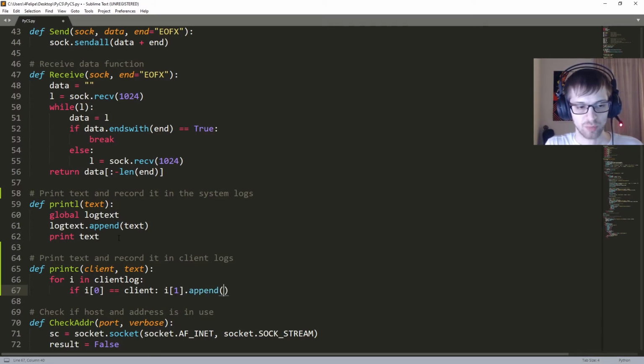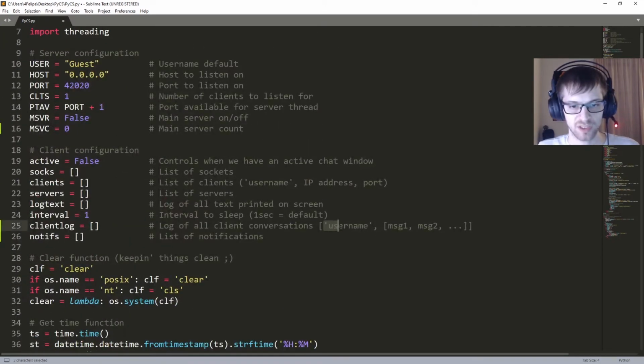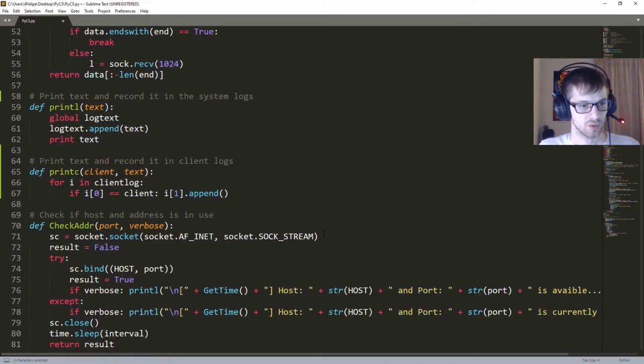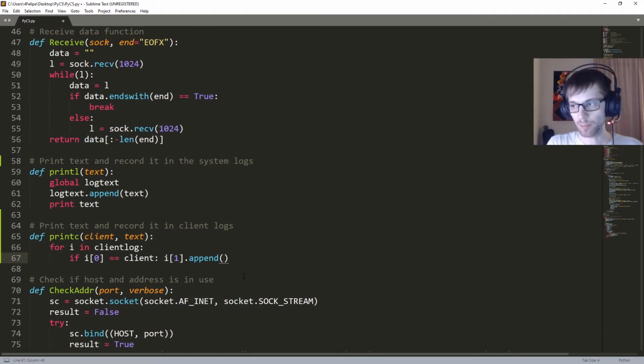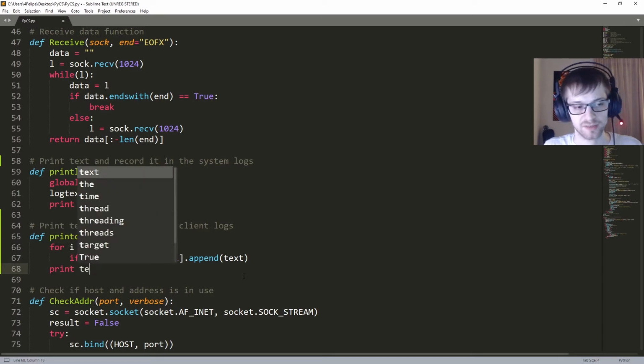All right, so basically, remember how I said it's gonna be like username, and then there's another list inside of the list. So these are the messages we're appending right here, just to clear that up. So let's go back to that. So append text, and finally, of course, we have to go ahead and print the text. All right,